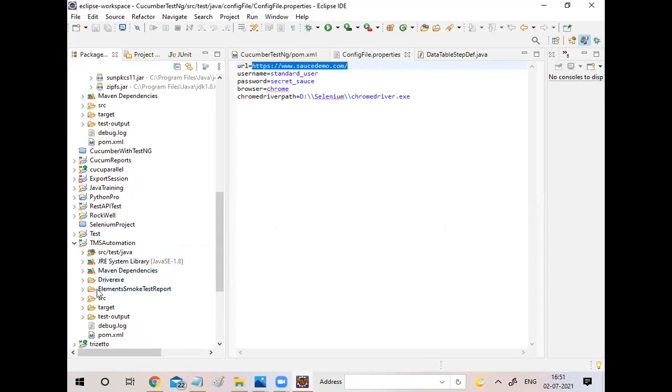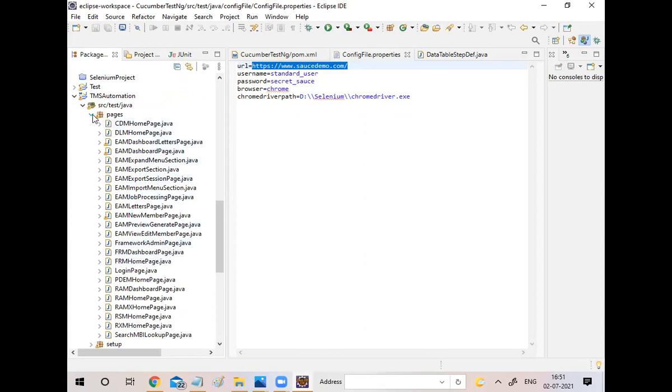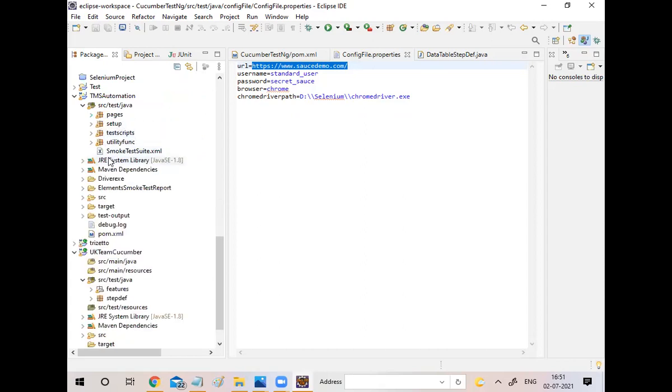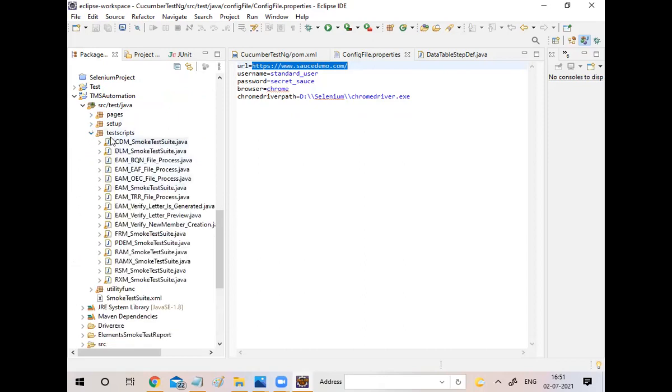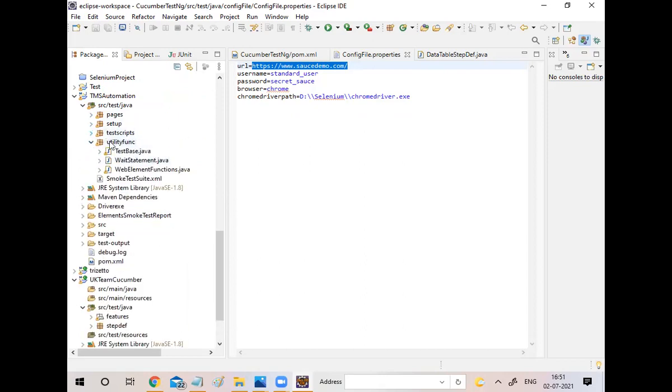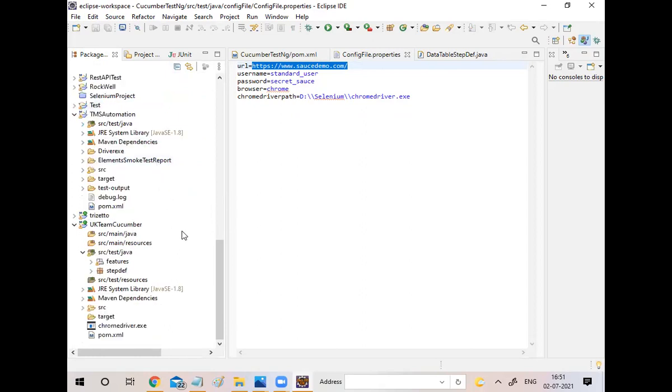We go here in this level. See, it's pages. If we go here, there are so many classes here. Java class, page class. This is the driver class. This is the script class. Scripts. This is the utility function. How the utility functions, everything will be opened, and finally how it is running everything, it will be there. No need to worry about that. I'm going to explain one by one.